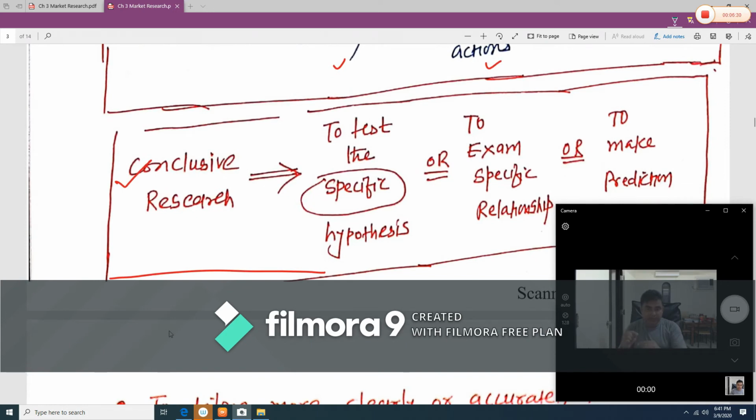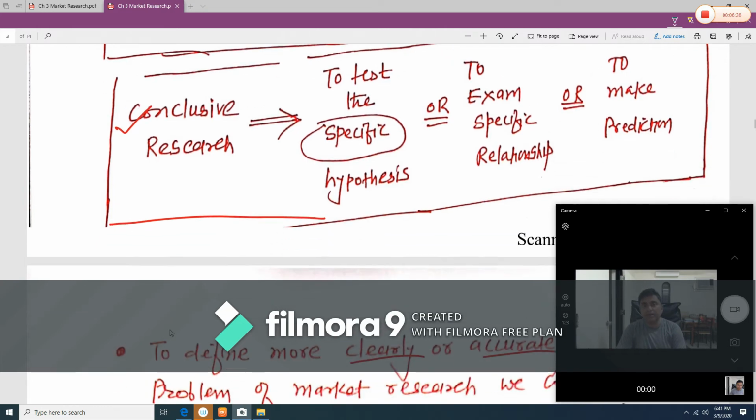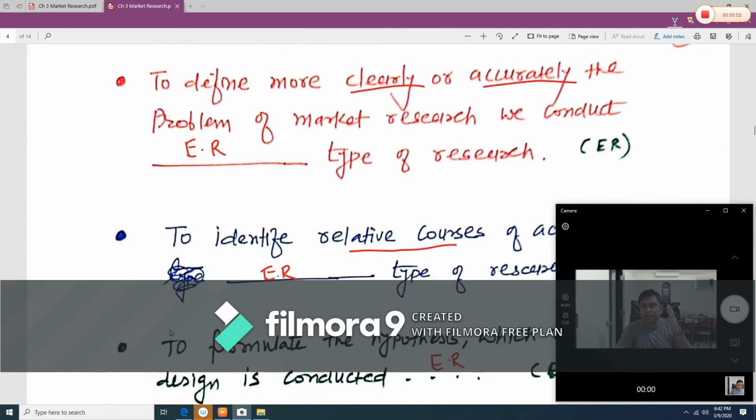Opposite to exploratory research, once you complete the exploratory research, you have to go for conclusive research. In conclusive research, you are going to test a specific hypothesis, or examine a specific relationship between two variables, or when you are predicting something based on something, then it is known as conclusive research. So to define more clearly or accurately the problem of market research, you need to go for